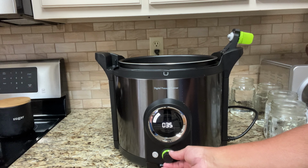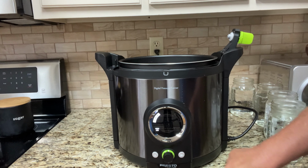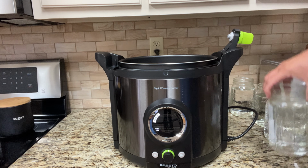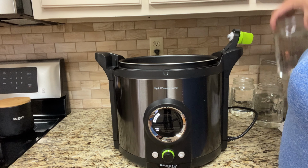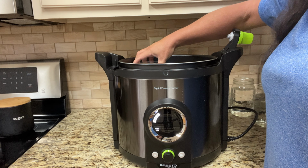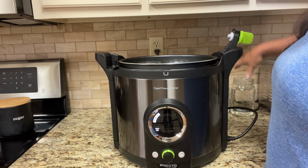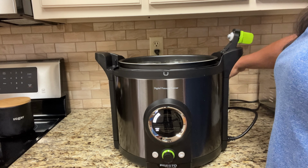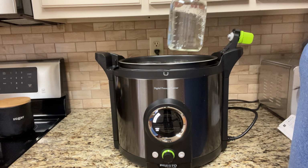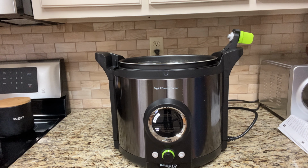Then you set your timer for your recipe, and these peas are to be done for 40 minutes. So I'm going to warm my jars in this canner, and it tells you to insert your jars, and you can skip this step if your jars are already warm. I'll put the lid back on, and there was a little bit of learning curve with lining this lid up